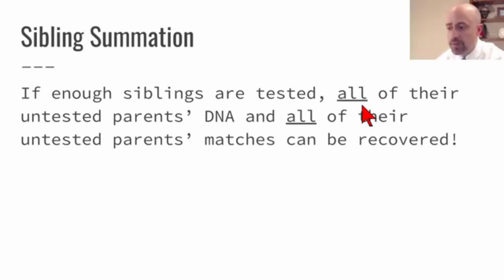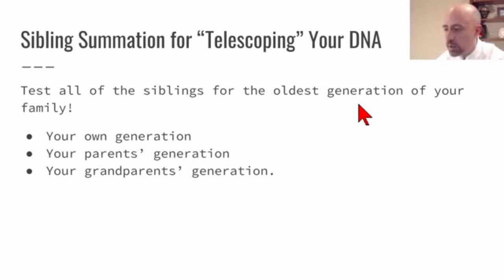So again, if enough siblings are tested, all of their untested parents' DNA and all of their untested parents' matches can be recovered. And that's the key point in the sibling summation process. So your strategy, your highest priority, if you can, is to test multiple siblings in the oldest generation of your